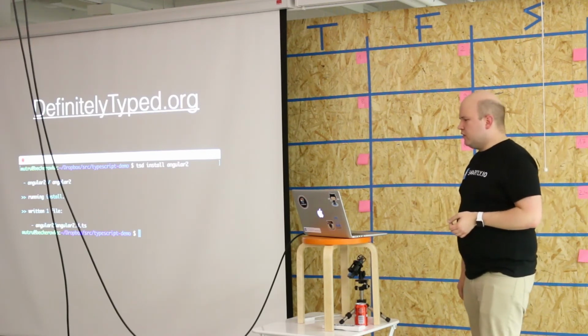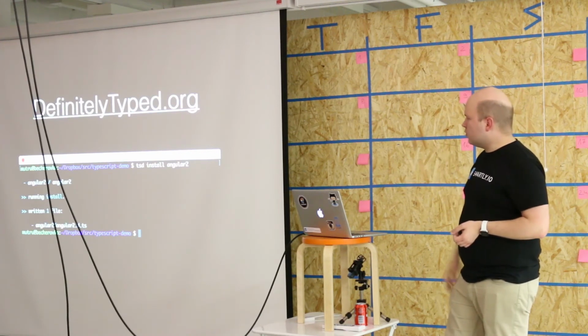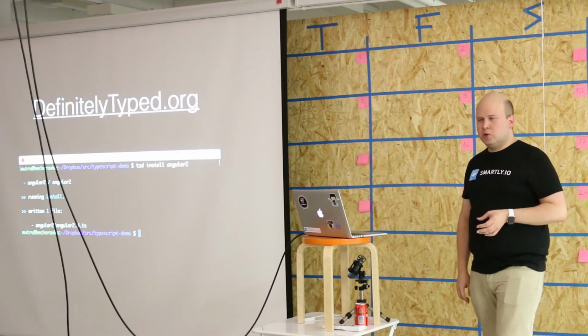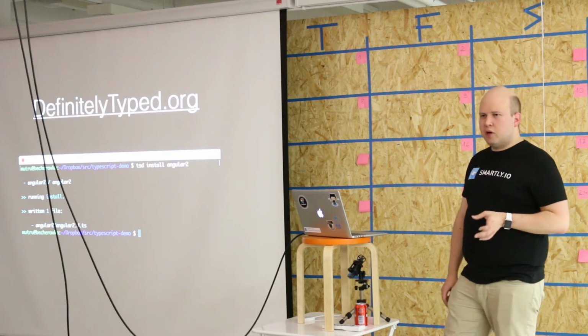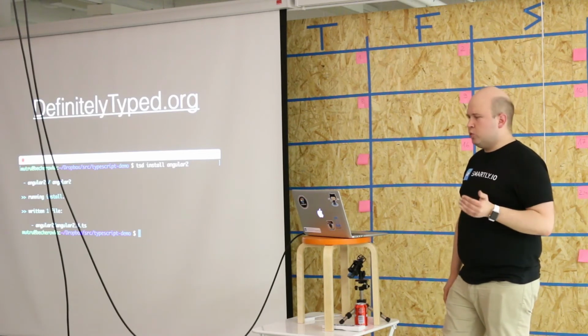So luckily there's a project called definitelytyped.org that has tooling around this. There's a GitHub repo with a good number of type definitions for many of the most commonly used libraries, and you can easily create new ones and send pull requests.